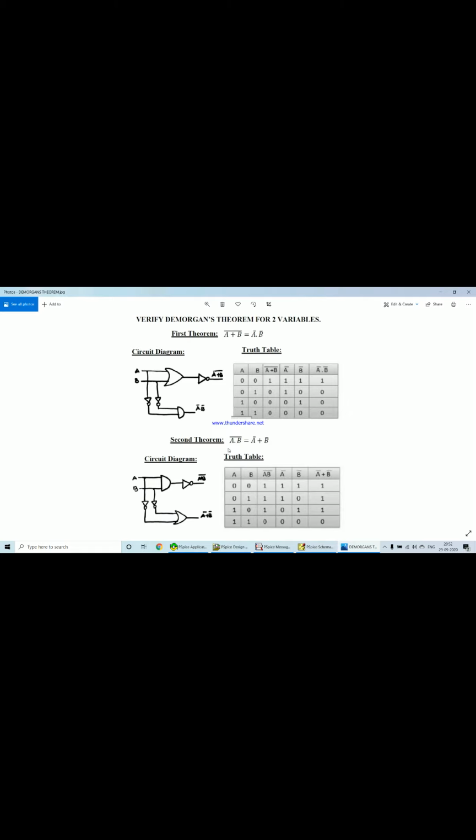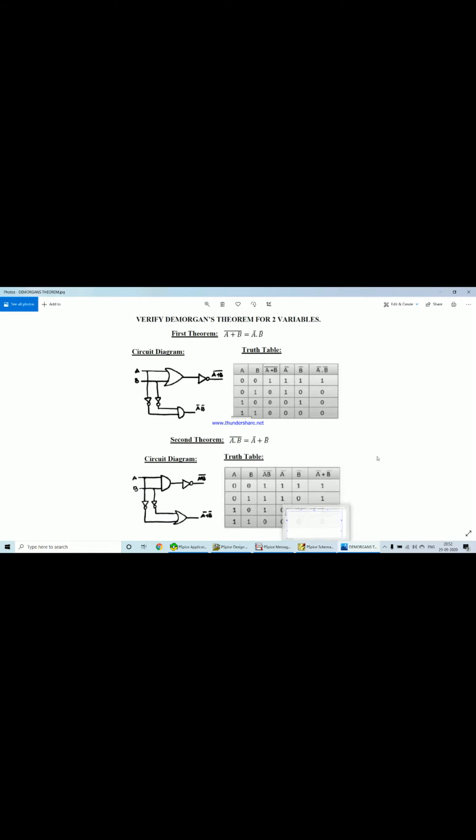So I will be constructing the same diagram. Till now I have shown you how to do the connection in the lab, but now the same experiment I will be showing you how to simulate using a PSpice tool. Once we get the waveform in PSpice, we will see how to verify that particular waveform with respect to this truth table. So let us go to the PSpice tool.